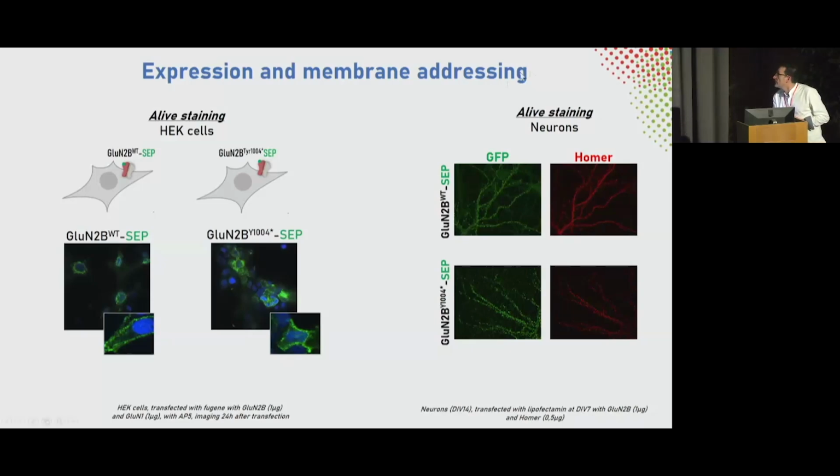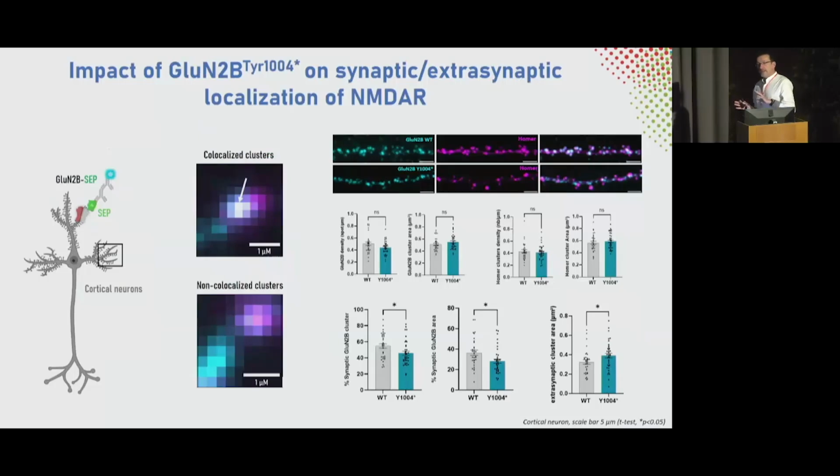You can see here that we have a nice expression of this subunit at all the dendritic arborization of the neuron. Here you have another molecule that we usually use to try to localize exactly where the synapse is in this neuron. So you have a synaptic marker, which is HOMER, and you have the expression of the GluN2B subunit. If you look carefully here, you don't see much difference, but we analyze a little bit more precisely the localization and co-localization of the NMDA subunit in the neuronal arborization.